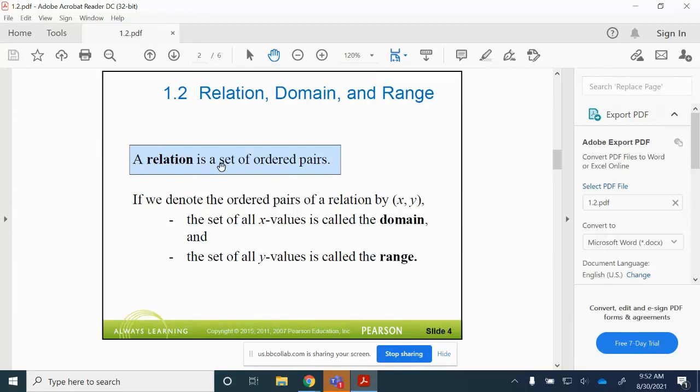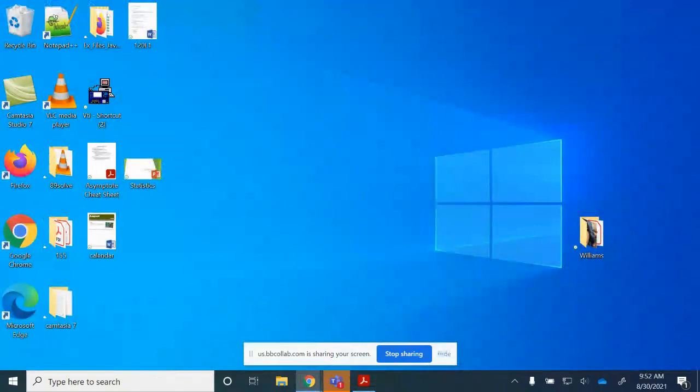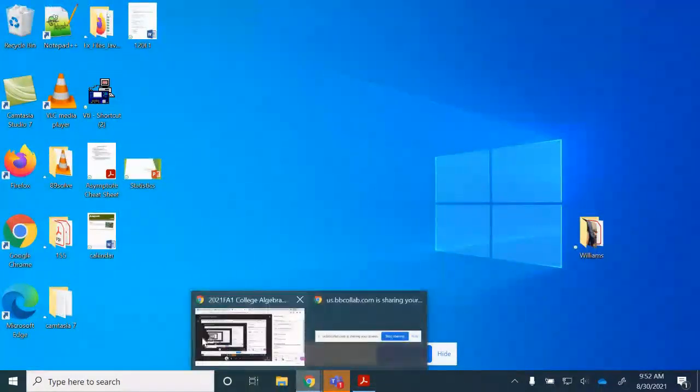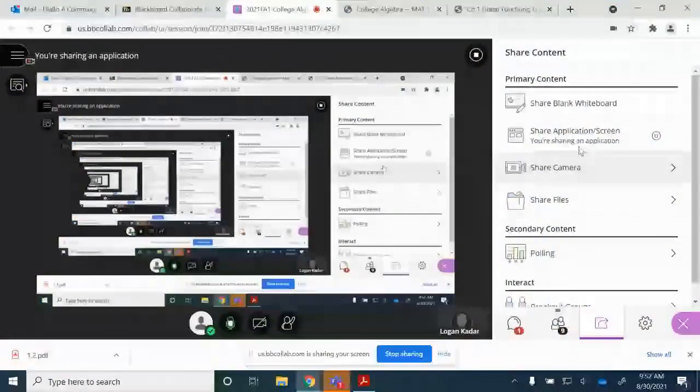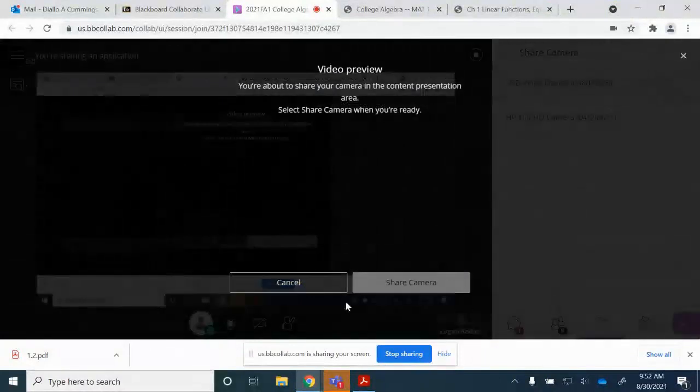A relation would simply be a set of ordered pairs. So here's an example. Okay, we have a relation